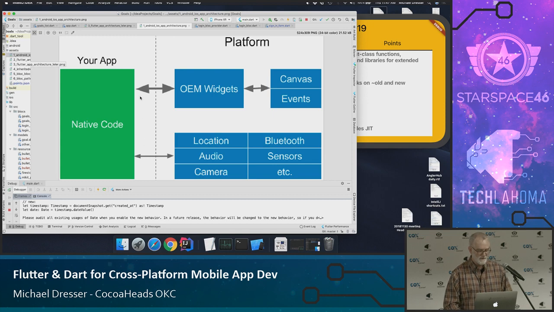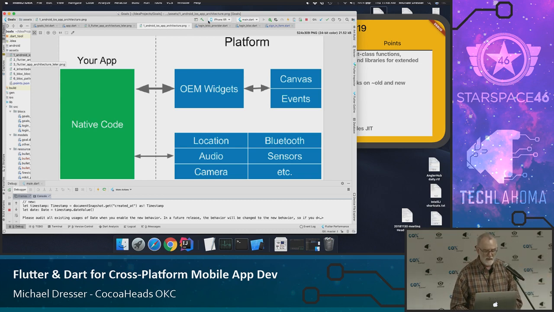Basically between the native code and the platform, there's a bridge. And everything goes across that bridge. Now that means that you have access to the OEM widgets, right? The specific platform's widgets are going to look like that, but everything has to work back and forth across that bridge, and as a result, it's not as performant as a native app.